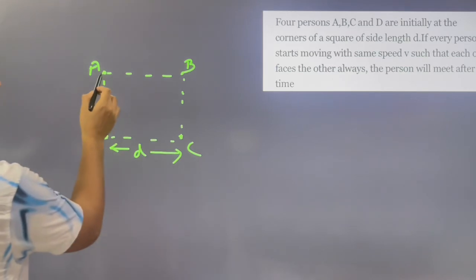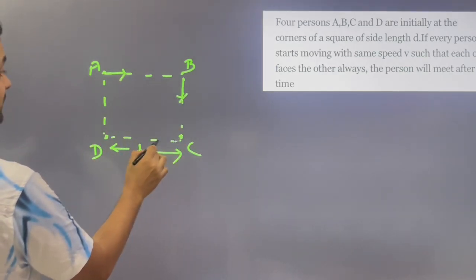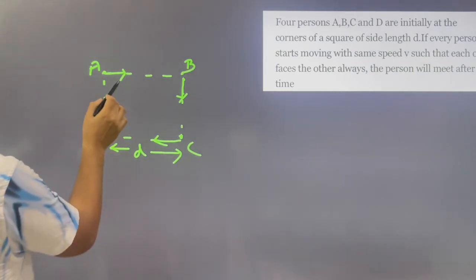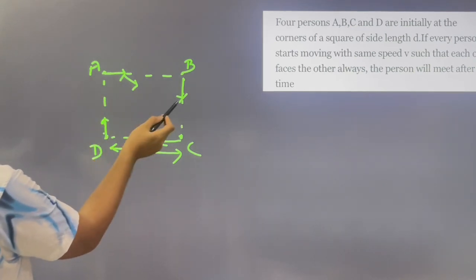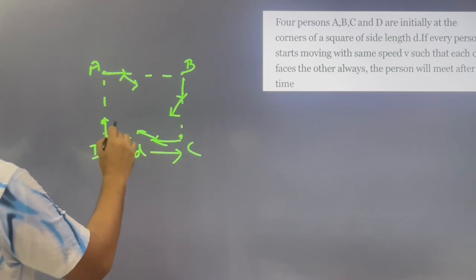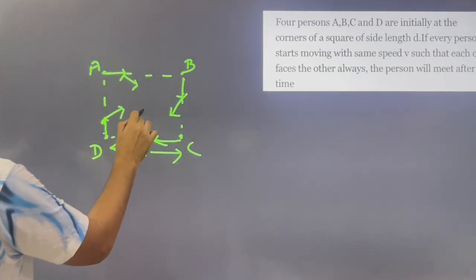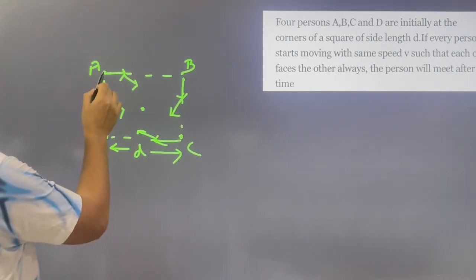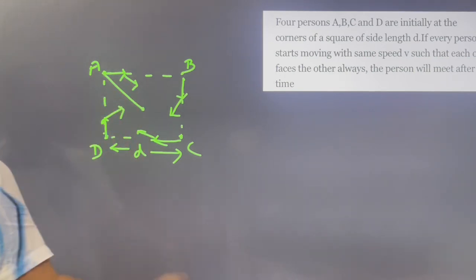It means here A moves in this direction, then B will be in this direction, C direction will be this one, D direction will be this one. Now A's direction will be this one because they always face towards the next one, then B faces in this way, C faces along D, and D faces along A. Like that, finally they will come, and where will they meet? Definitely at the center. So it means a person, that is A, is covering a total displacement of half of the diagonal